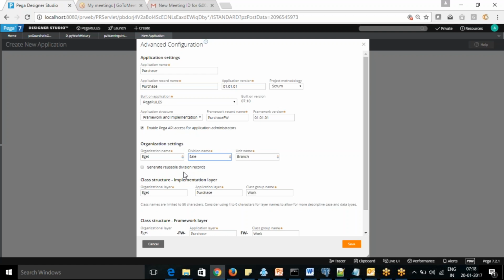In that case, we'll have to create all the classes, as you said, in different divisions in that particular layer. But I see we are creating classes in the implementation layer and the framework layer as well on the screen. So why do we need to create classes in different layers? Of course, we'll have many classes in one particular layer.